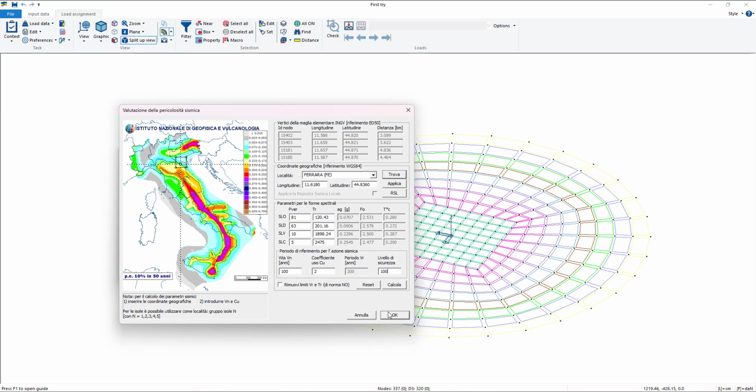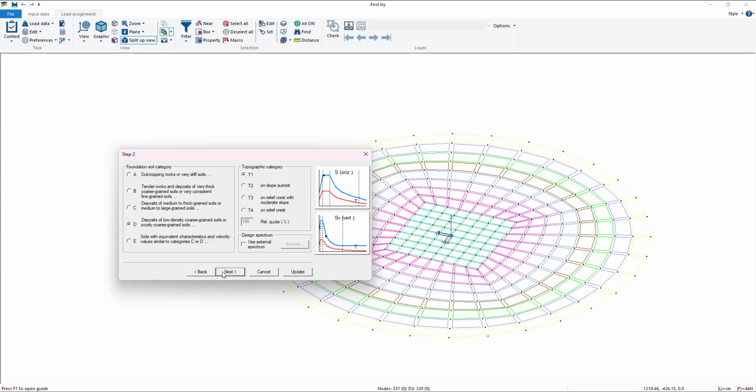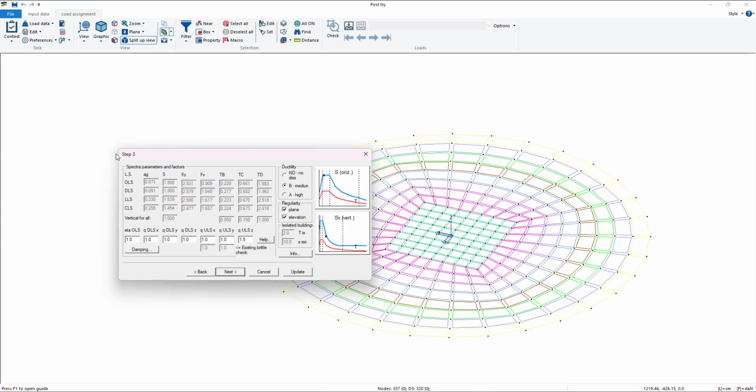Of course, if we are talking about existing structures, we can lower it, but now we're going to keep 100. We go OK, and then we can go next to the next step. Step 2, we have to choose the foundation soil category and the topographic category. Next, on step 3, we can use the